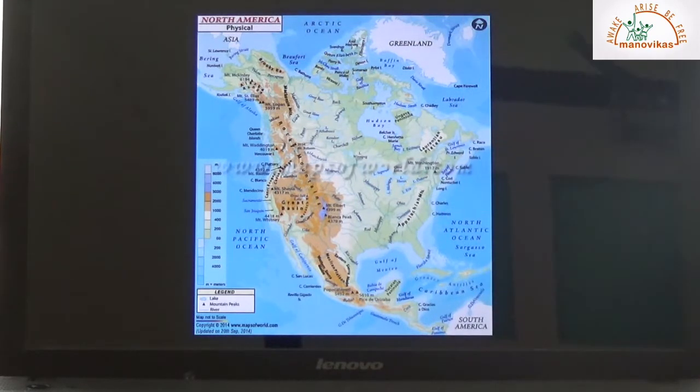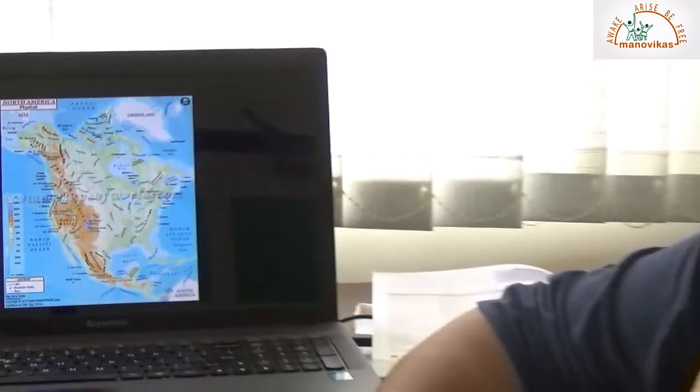Now coming towards the hot springs and geysers. Now what is a hot spring and what is a geyser? A hot spring is something like a normal spring, like how we have the underground water table from where you have the stream moving out. But the only thing is, in the case of a hot spring, the temperature is on the higher side, mainly because somewhere the interior temperature is very close to the molten magma material, and therefore that water gets heated, and as the stream moves down, it moves down with higher temperature conditions. So streams with higher temperature conditions are hot springs.